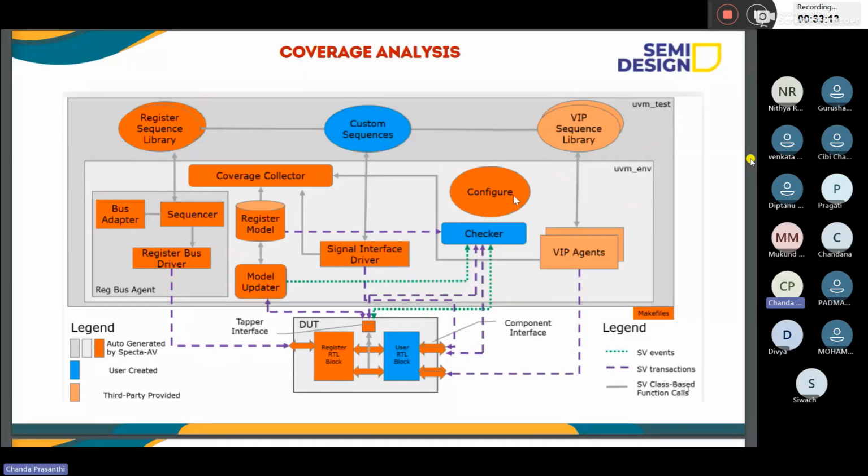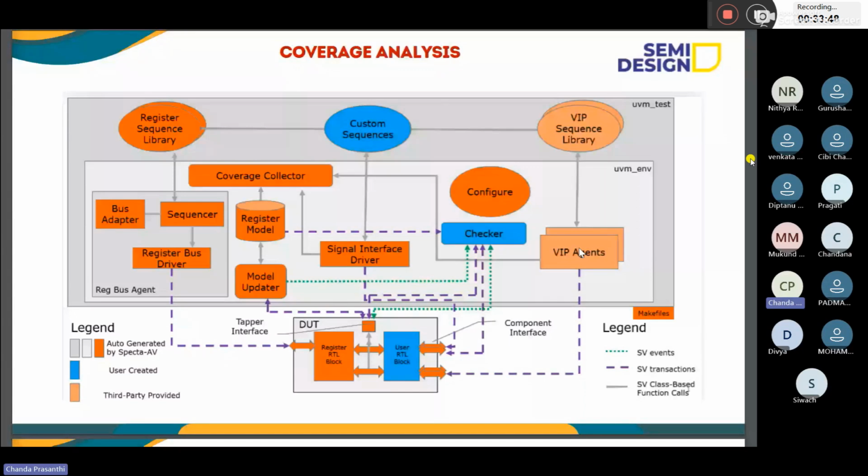You already know the config DB in UVM, used to customize different things. Suppose you want the scoreboard enabled, or want a passive agent or an active agent, anything we can customize in the configuration DB. In that, the coverage collector is one of the separate blocks. If you see all the agents, the signal drivers, and the register models, everything is connected to the coverage collector.